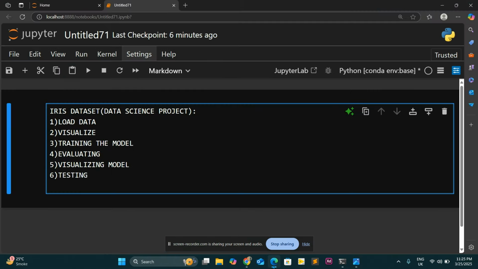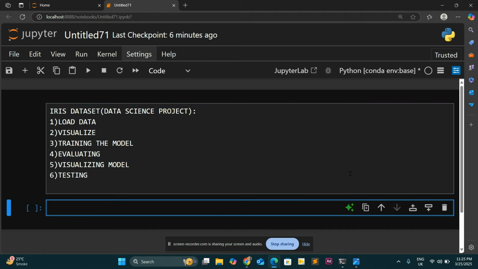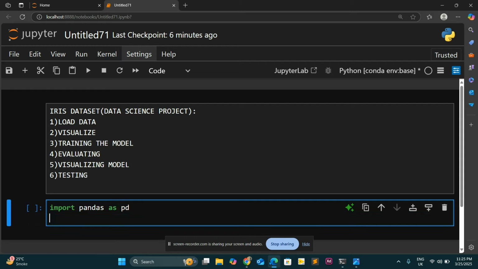Let's come to the project. Let's start from the basics. First of all, we have to load the data. In order to load the data, we have to import the pandas library: import pandas as pd. Afterwards, to read the file, you have to give a variable, so I'm just using df. df means data frame. So df is equal to, and now we are going to read our Excel or CSV